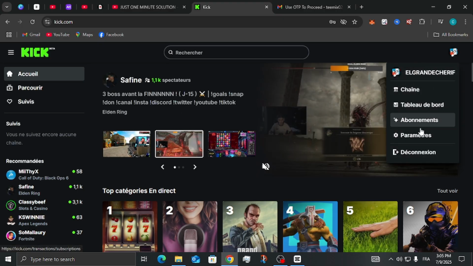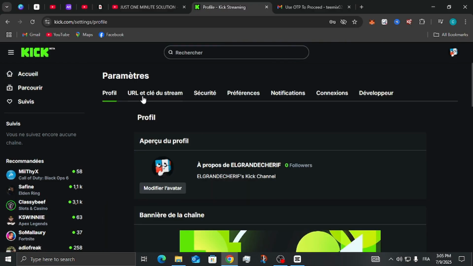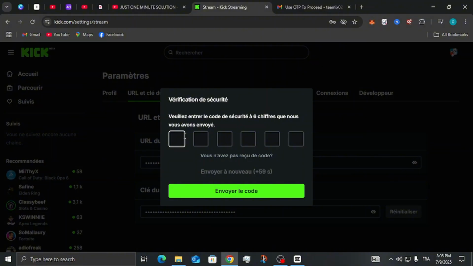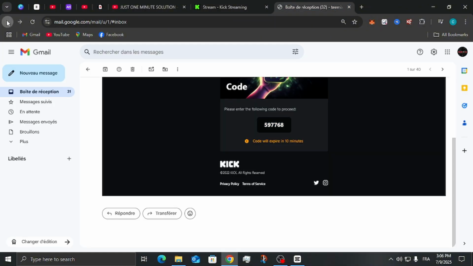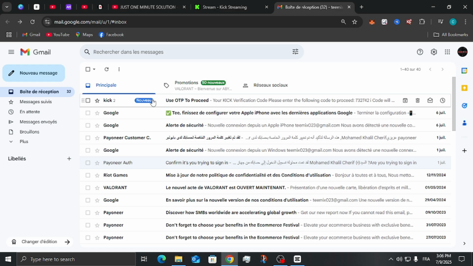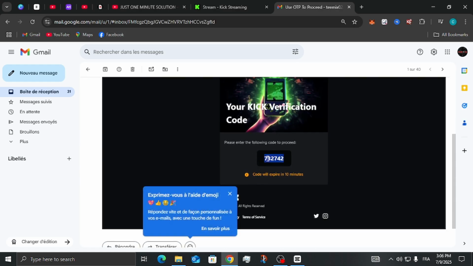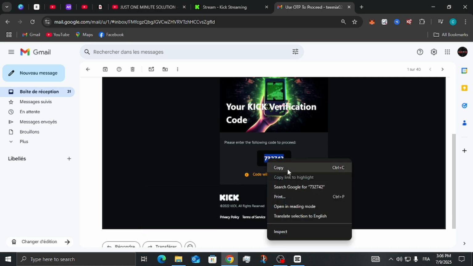Go to Kick, click on your logo on the right, and go to settings. Now you have the stream URL, click it to show your stream URL. Now you will be sent a mail code for verification. Copy it here, put it in, and come down to the bottom right